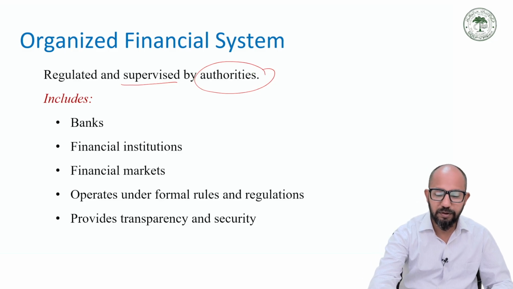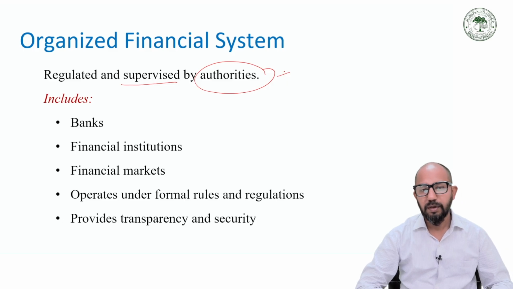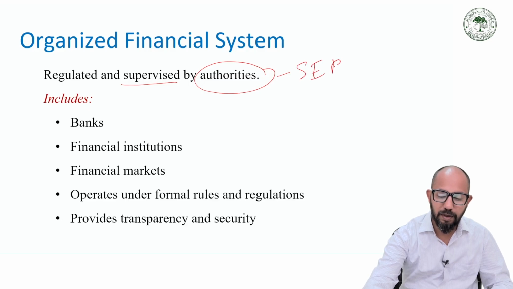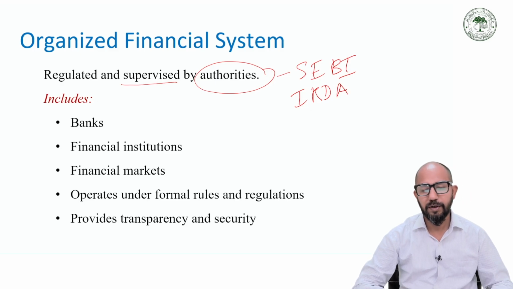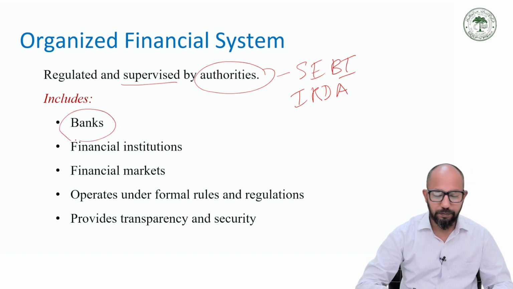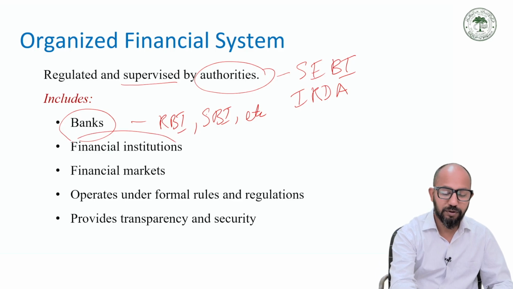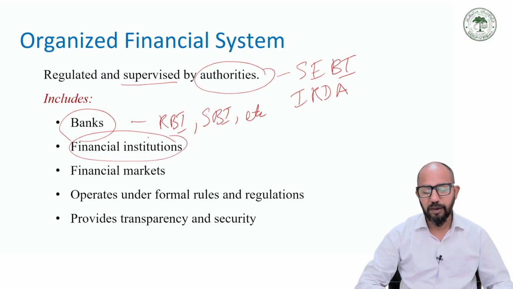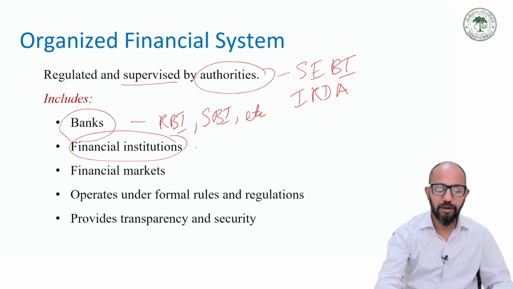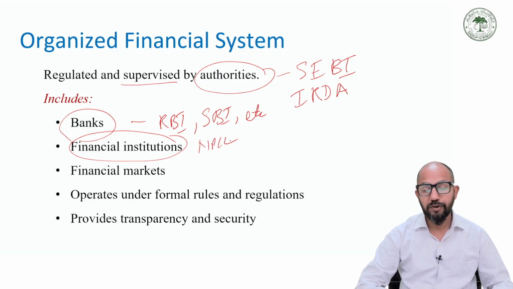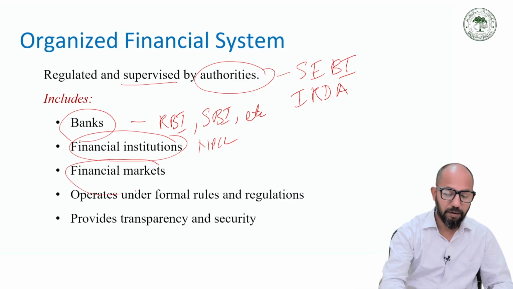Examples of organized financial institutions, where it is being regulated: for example, SEBI, Securities Exchange Board of India, IRDA, Insurance Regulatory Development Authority of India, etc. The organized financial system includes banks such as RBI, SBI, etc., financial institutions such as the NPCL, financial markets, Nifty,